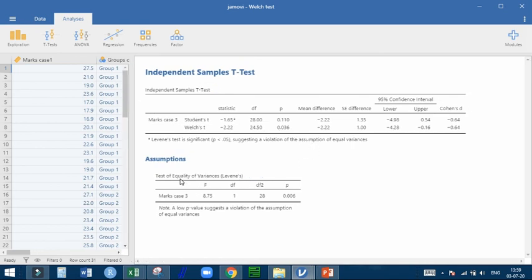Friends, you can check the equality of variance here. The p-value is less than 0.05, which means your assumption of equality of variance is not met. It has failed. In this case we will not read the values of the student t-test. Here we will check the values of the Welch t-test.